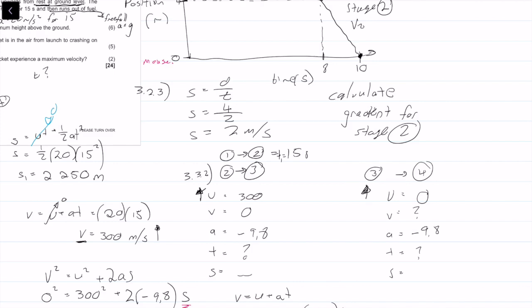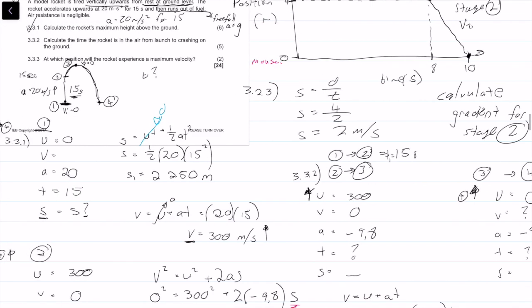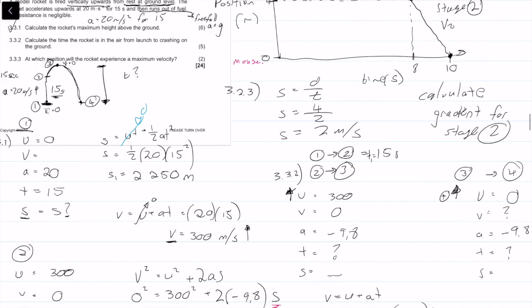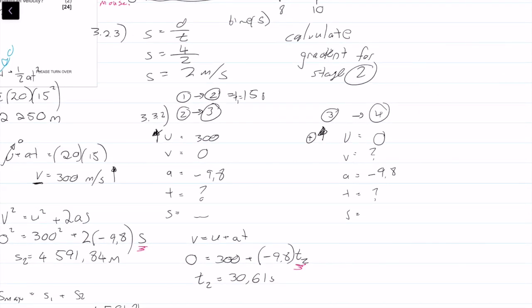Again, I'm taking upwards as being positive. So the displacement it travels from 3 to 4 is downwards. So it is going to be the maximum distance, S max, but it's going to be a negative because it's downwards, so minus,